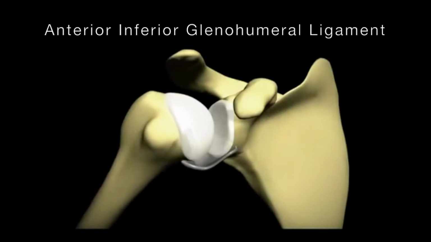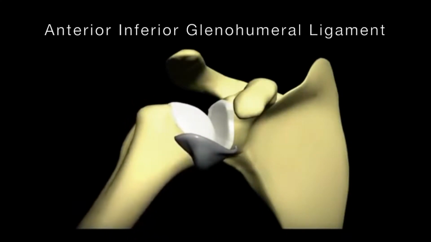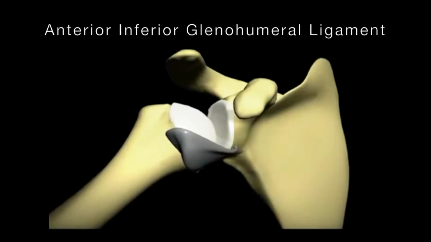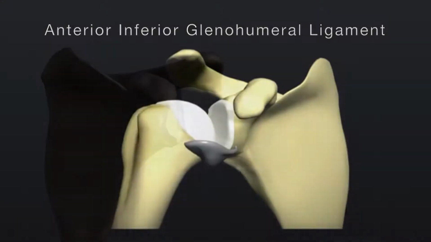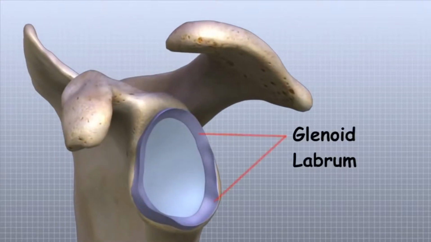The shoulder is a highly mobile joint. It allows extension, flexion, abduction, adduction, medial rotation, lateral rotation, and circumduction. The anterior-inferior glenohumeral ligament is the most important stabilizer in 90-degree abduction and external rotation, as it prevents anterior translation of the humeral head. The labrum is also an important structure that surrounds the glenoid, adding depth to the glenoid